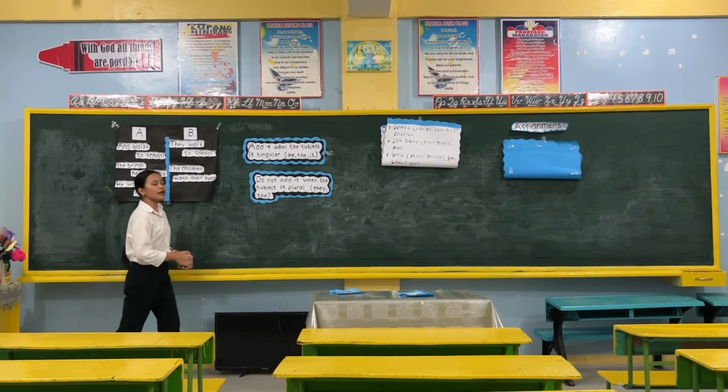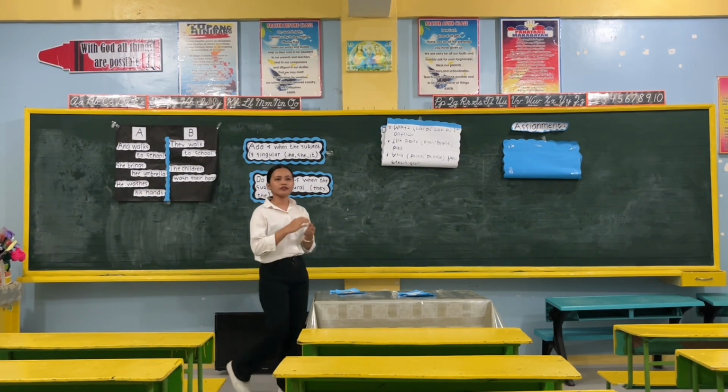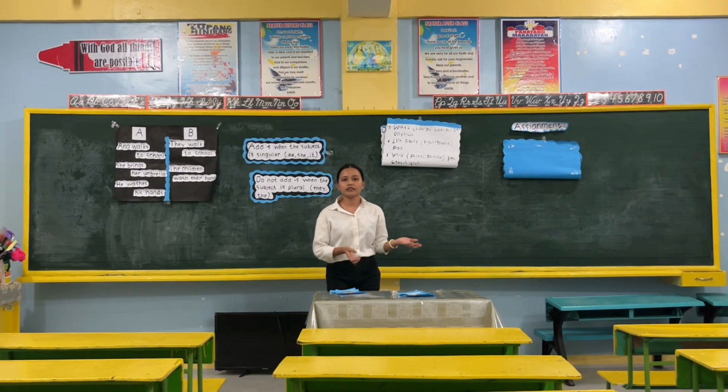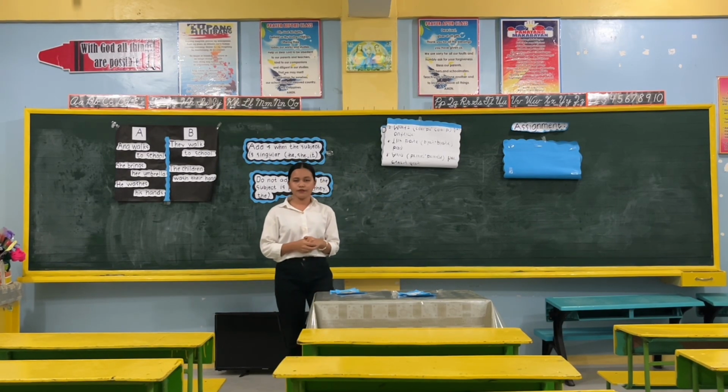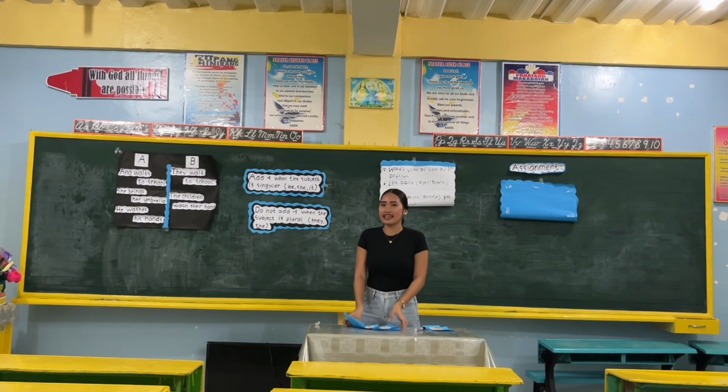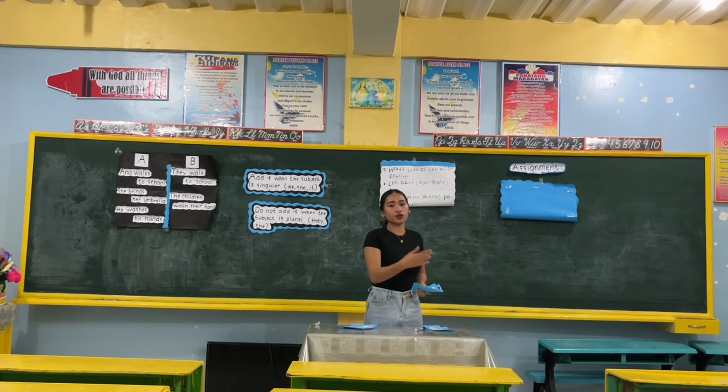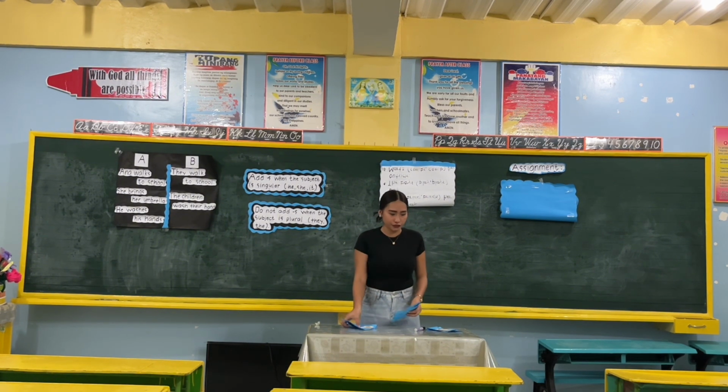Okay, very good. And now, to deepen your understanding, we have here Teacher Geraldine and she prepares another set of activities. Let us now proceed to our next activity. I will divide the class into 3 groups. This will be the group 1, the group 2, and the group 3. Your task is to write one sentence of each picture using the correct forms of verb.